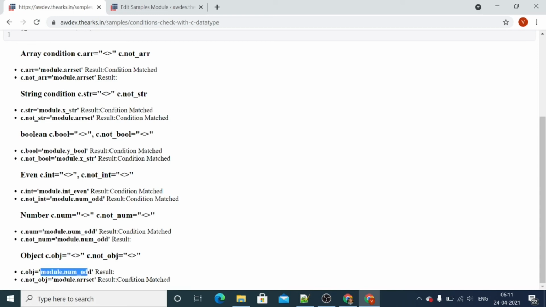This is working similar to the previous conditions. c.obj indicates whether this variable is of type object or not. Both conditions are satisfied because module.numodd is a number and module.arrset is an array, so both conditions are matching.